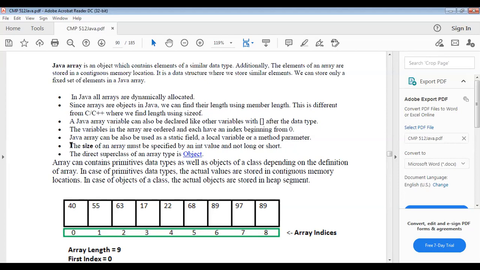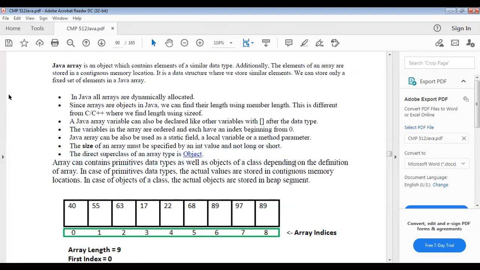The size of an array must be specified by an int value, and not a long or short. The direct superclass of an array type is Object. An array can contain primitive data types as well as objects of a class, depending on the definition of the array.